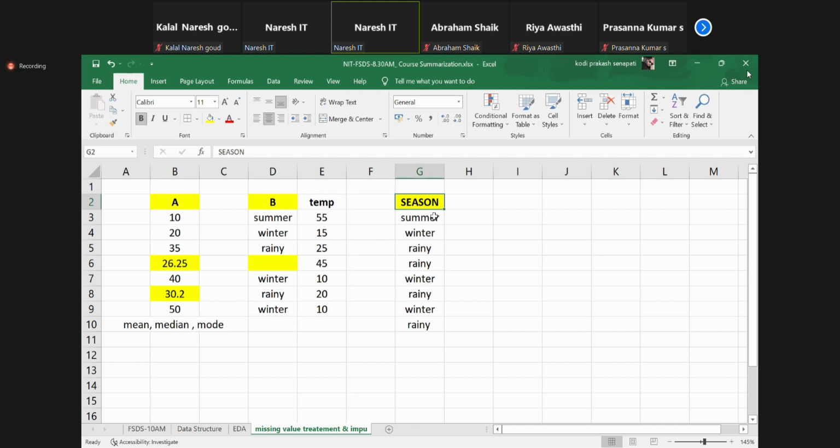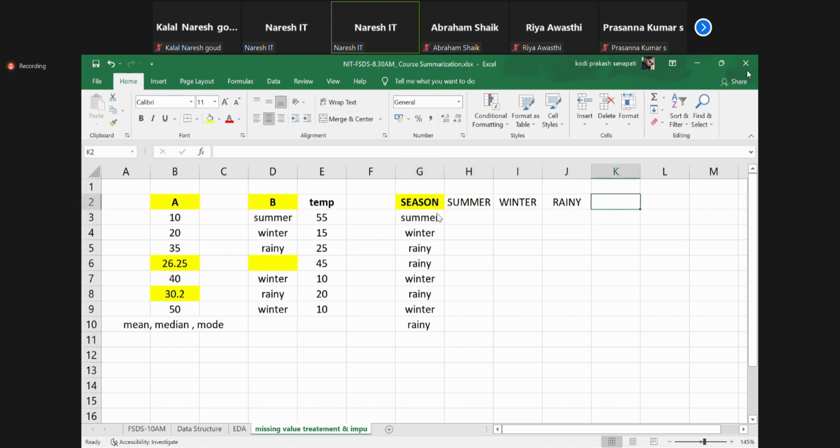Now I need to train my machines. Are you getting my point? How do I train machines on summer, winter, rainy? Machines do not understand because it is a non-living thing. We are living things. So here, how many classes do I have? 1, 2, 3 classes. Today we talk about imputation, how to make machines learn 3 classes. Can I create 3 classifiers? Summer is one classifier, winter is one classifier, rainy is another classifier. So 3 classes, 3 classifiers. If I have another class, I can make another classifier, isn't it?